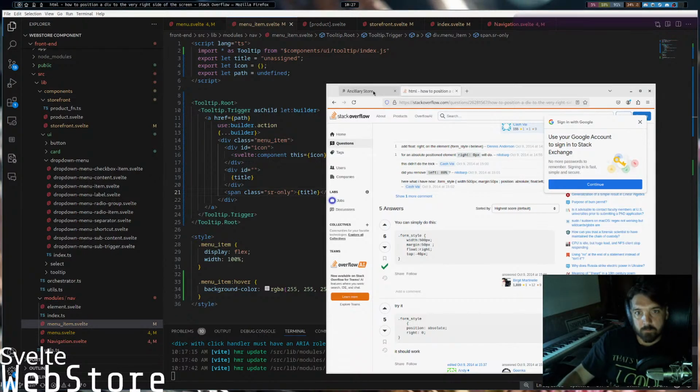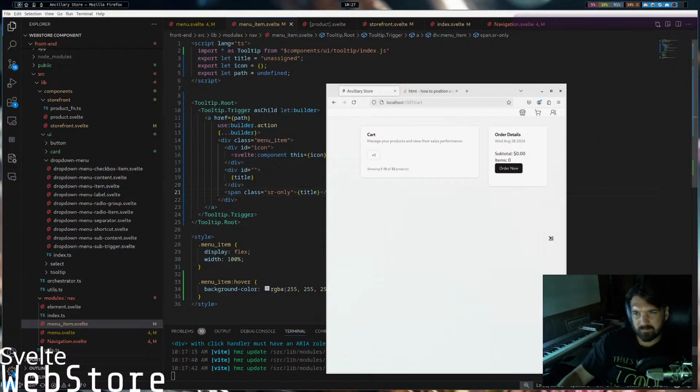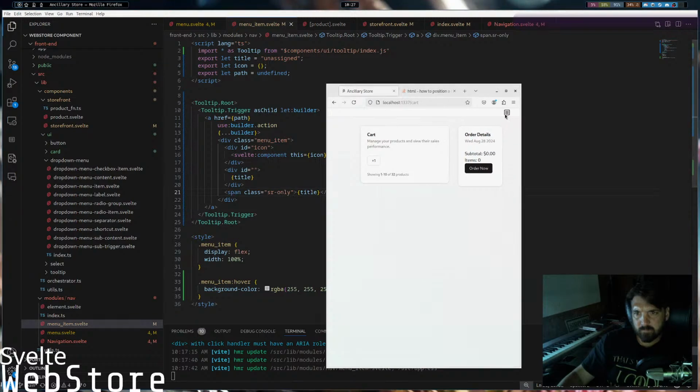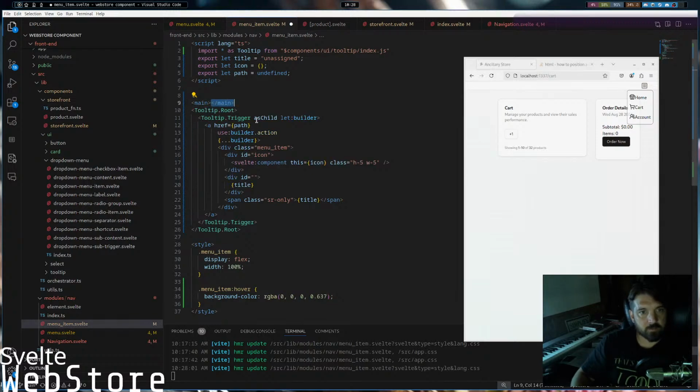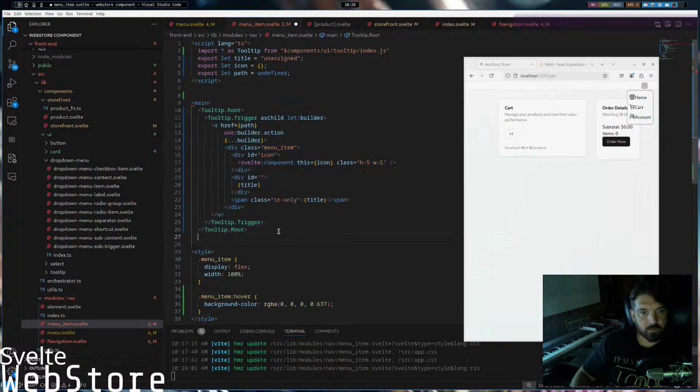So we've almost got this menu thing working. There we go. Oh, the hover is working. Okay. So let's actually say main here. Let's create this whole thing inside this trigger. Let's say main: display flex, flex direction column,